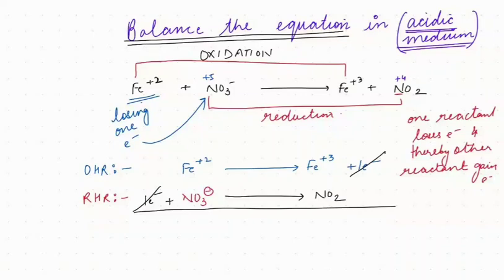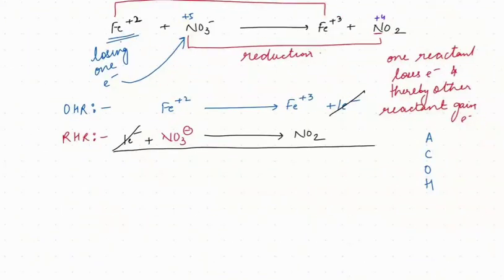So there is an order. I call it the ACOH order. What is the ACOH order? First you balance the atom, the atom in which the oxidation number is changing. One is the atom, one is the charge, next is oxygen, and fourth is hydrogen. Did you understand my point? So when we are talking about atom, charge, oxygen, and hydrogen,